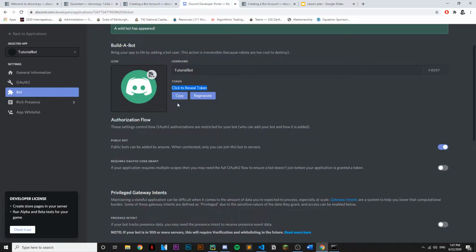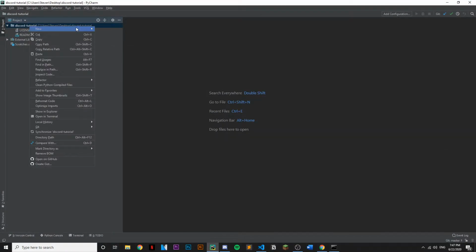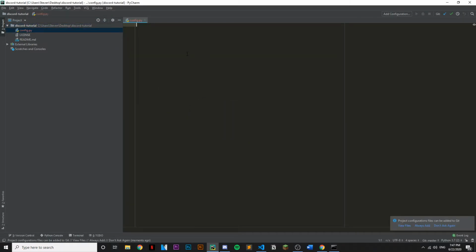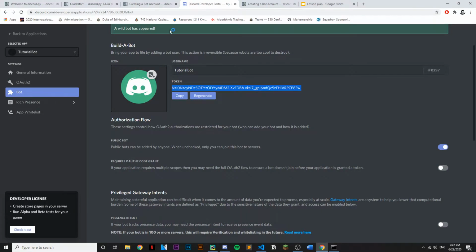It's going to be this token that we need. So click to reveal, and I'm just going to copy that and store it somewhere. So let me just create a Python file, and let me just quickly store this. You guys can do this later, but I'm just going to store it right now. All right, so I stored this token,